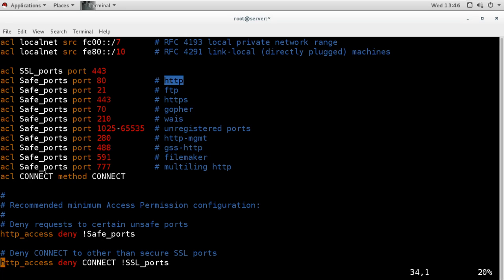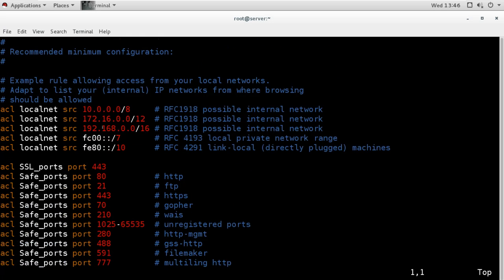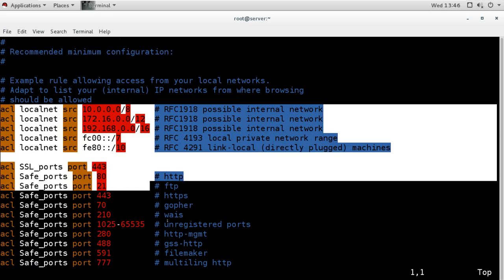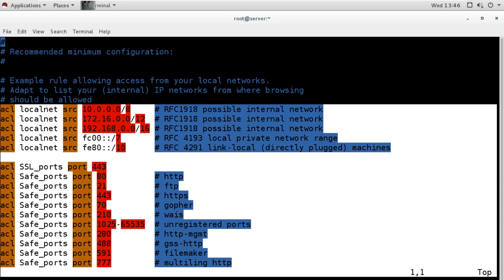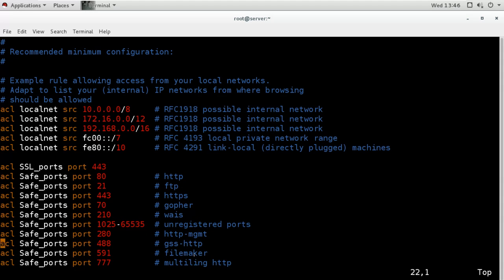And there is one more ACL, which uses the method CONNECT. So this is the ACL section, where the ACLs are defined.